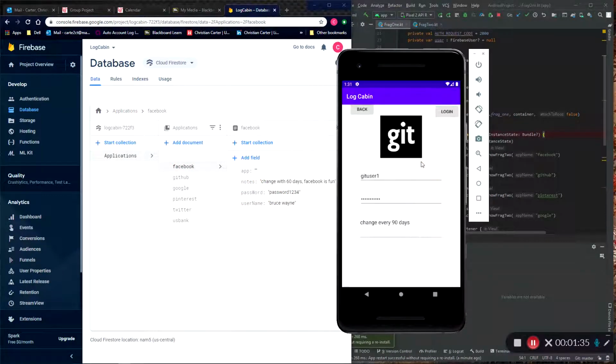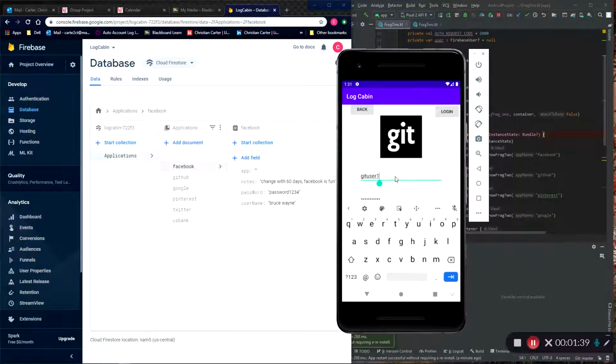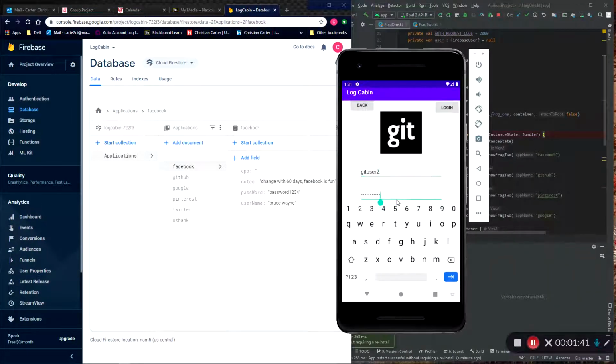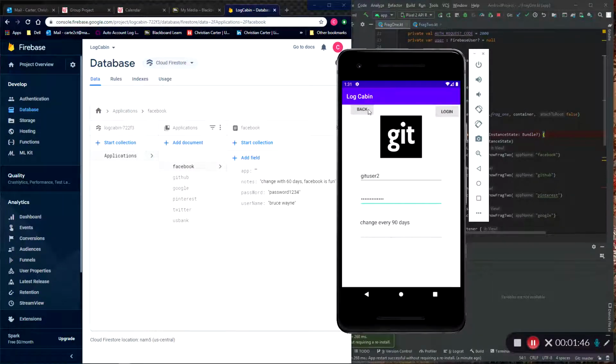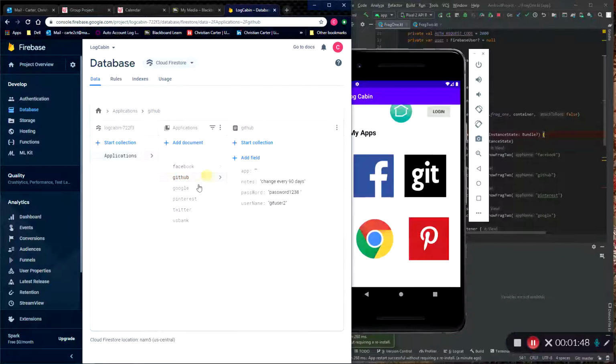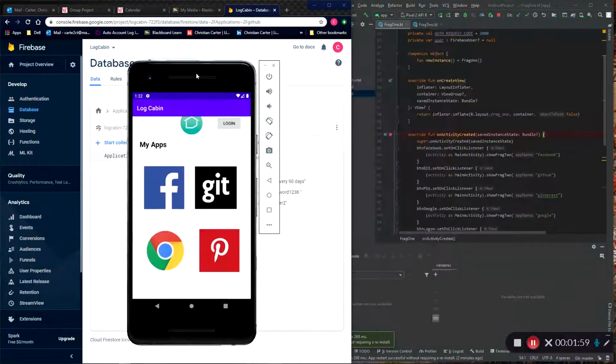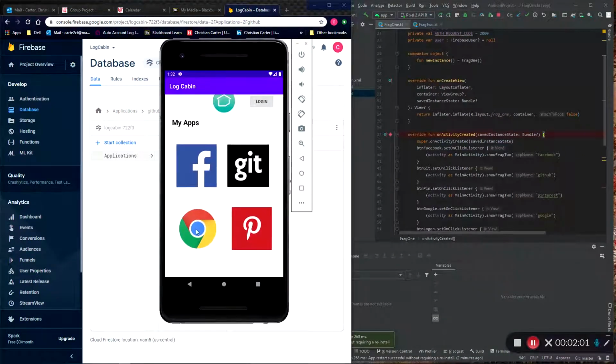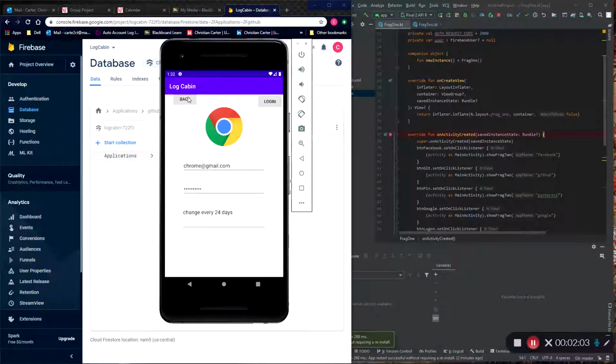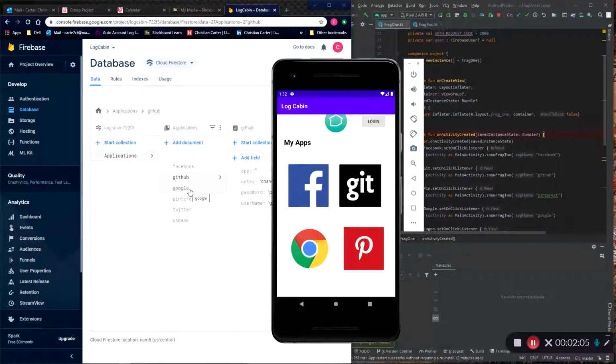And when switching from one saved space to another, we have our get user and their own specific password and their own set of notes. And then when we back out of this, it updates the get user, and then we can also go back to Facebook and it'll still show what is saved for Facebook because they're each their own individual instance. And as we transition from our first fragment to our second fragment, we access the Firebase database and we pull